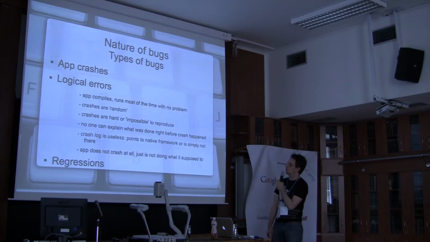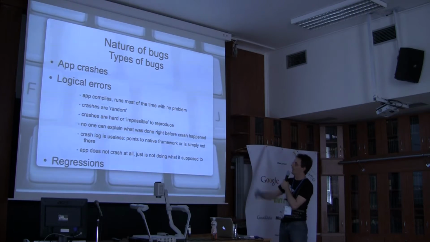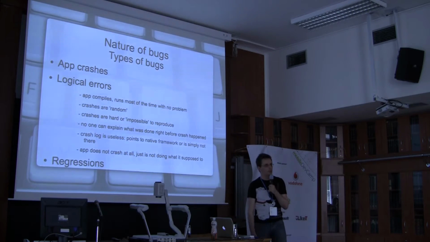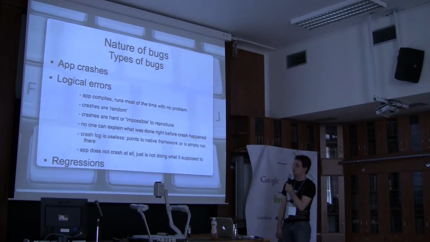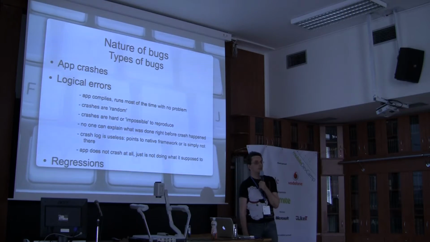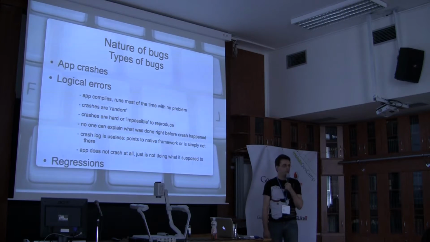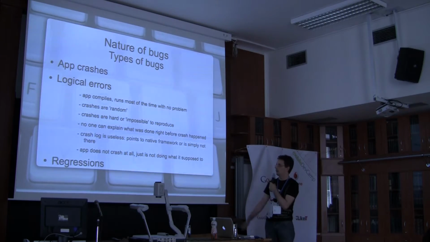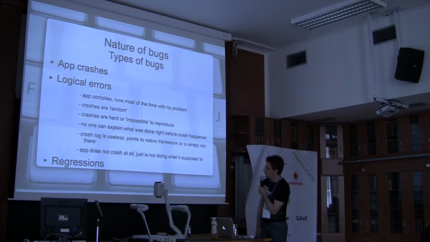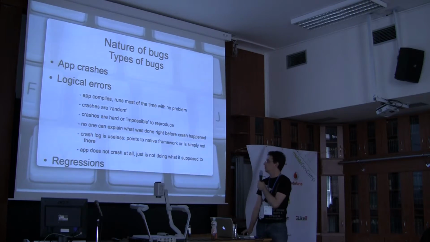Crashes are hard or almost impossible to reproduce because they're sort of randomized and no one can really explain what was done right before the crash happened. So the crash log is useless or close to useless, points to a native framework, or simply the crash log is not there. It happens as well. The app just quits and you will never know why. Or the app does not crash at all. It's just not doing what it's supposed to because of a logical error in the app, but not big enough to raise an uncaught